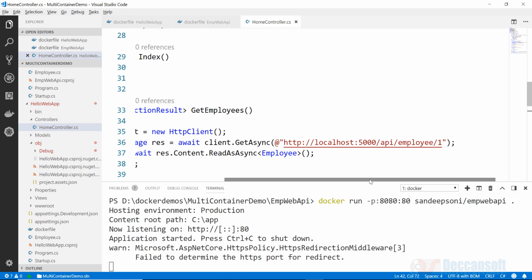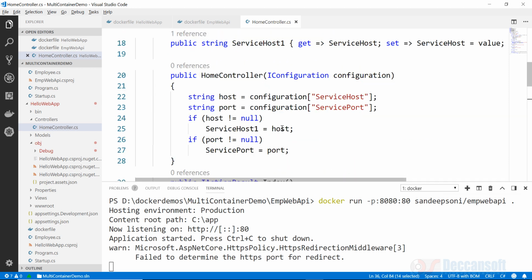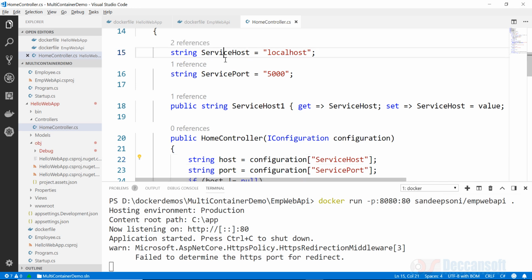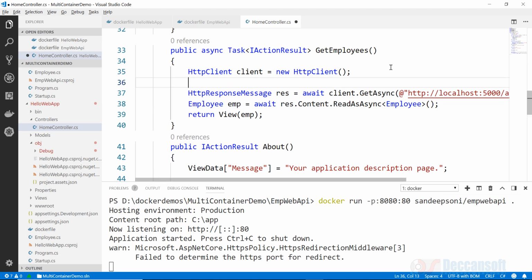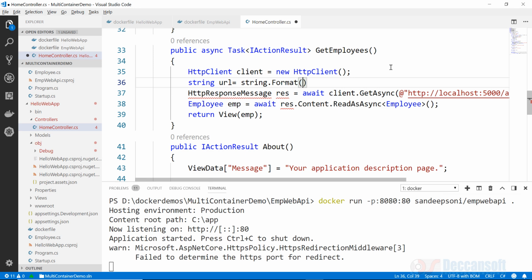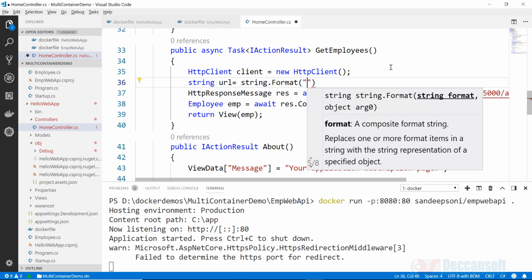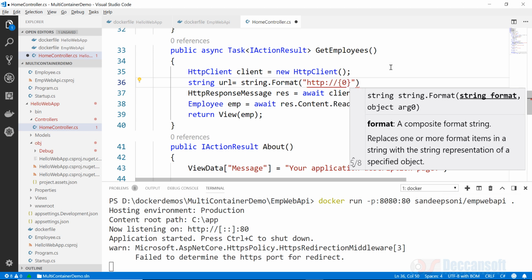one small correction here. I did not change this localhost and 5000. I did not take these values from the variables. I want to take these values from these two variables, service host and service port. So how do we get them? We can frame a URL, let's say, with string.format, and I want http:// here